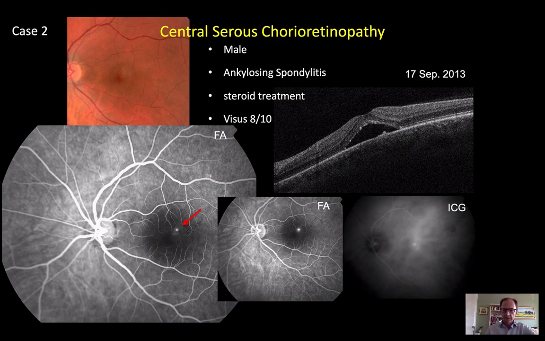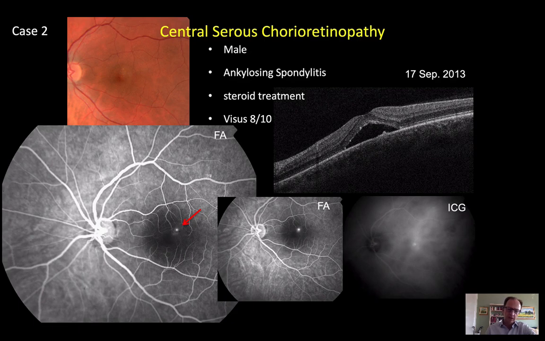There was a detachment of the neuroepithelium involving the macular region, and fluorescein angiography showed again a single, extrafoveal leaking point due to the RPE defect, which allowed fluid to pass through the RPE